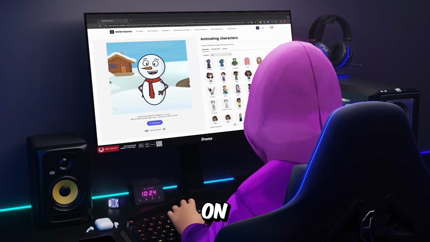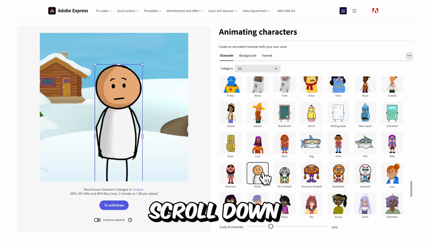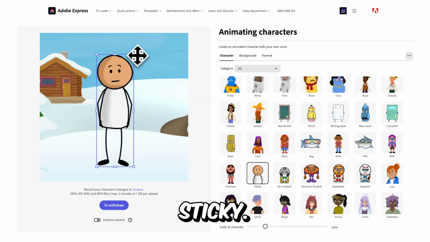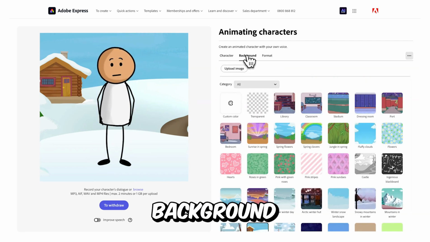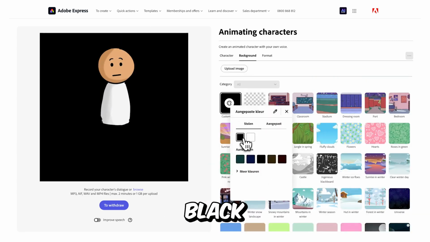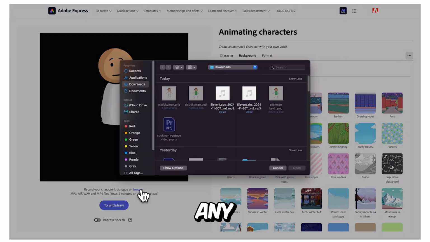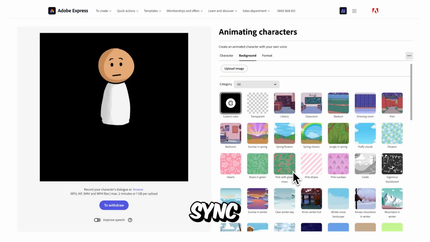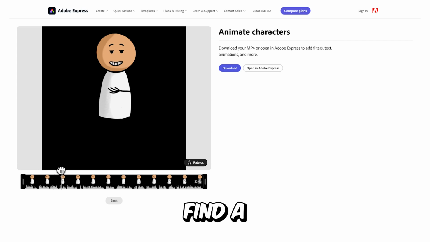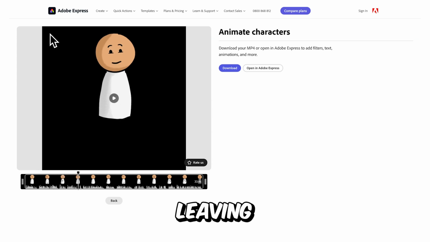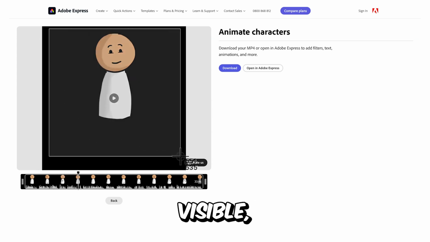out. Once you're on the site, go to the Character tab and scroll down until you find the character named Sticky. Then, navigate to the Background tab and change it to a solid black color. After that, upload any audio file so the character can lip sync to it. Finally, find a frame where the arms and legs are hidden, leaving only the head and body visible, and take